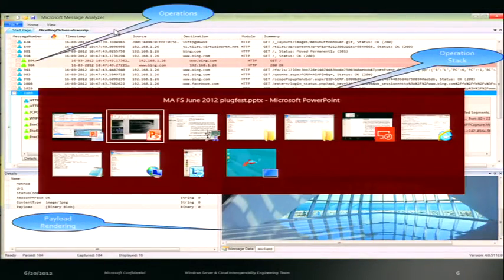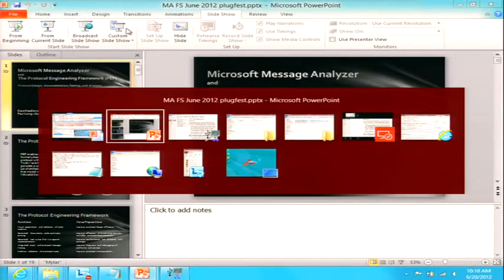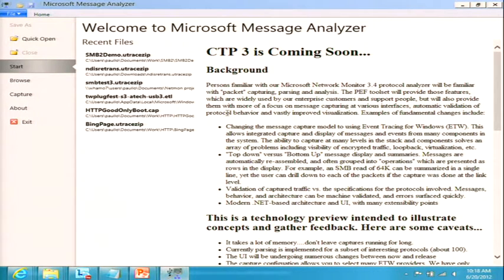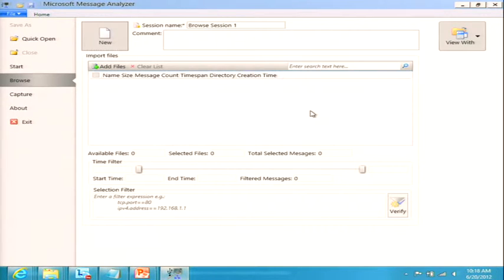So rather than show you pictures of the tool, I'll show you the tool. And it's actually been updated since those pictures anyways. We have a similar concept, the start page, and then we can quick open a file, but then we have these new activities that you can do. The browse one is the one I mentioned before. So let's say you have a bunch of logs that you want to view. And in this case, I want to view